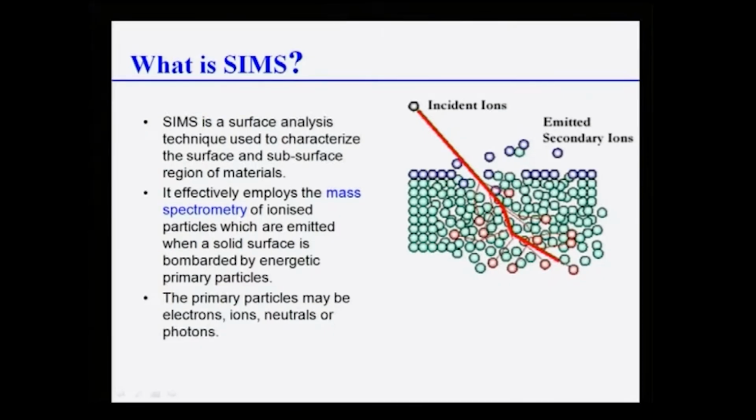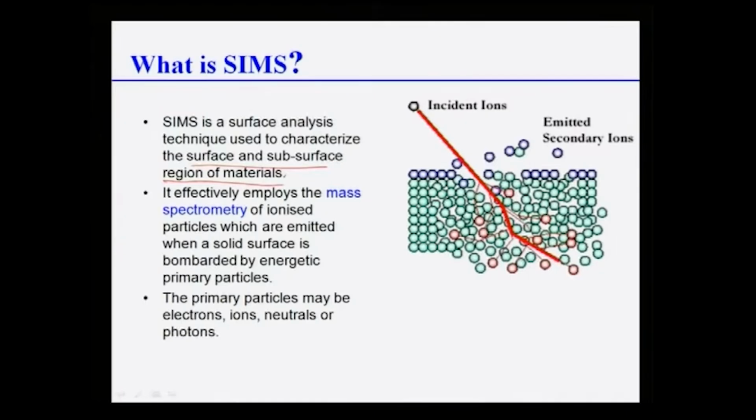It is used to characterize surface and subsurface regions of any material. That is what makes SIMS very popular. Even if you have a thin film on the surface of any material, you can analyze it with the precision of SIMS. It can give you ppm level precision. It effectively employs mass spectrometry, as I discussed, of ionized particles which are emitted when a solid surface is bombarded by energetic particles. The schematic diagram on the right side is showing this picture. We have an